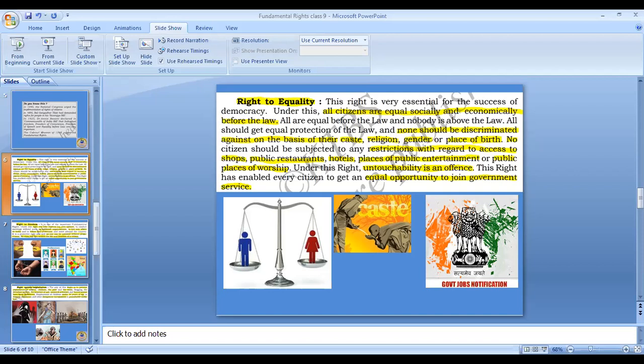Because in the Indian Constitution, our constitution framers have given the right to equality to each and every one. The persons living in Jammu and Kashmir, or in Tamil Nadu's Kanyakumari, or in Gujarat, or in Arunachal Pradesh, which is the end of the eastern part of India, are all treated equally in front of the law and government. So that is about the right to equality.